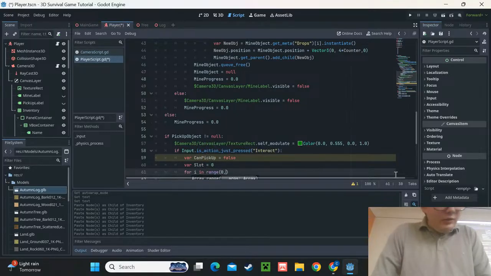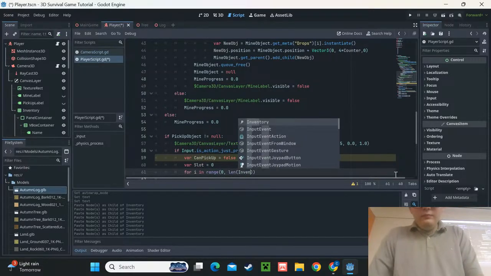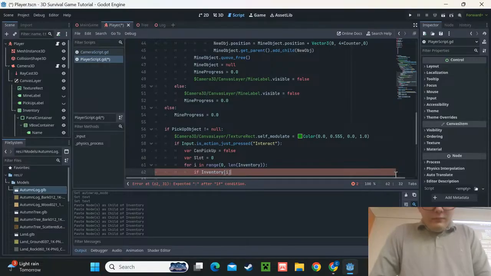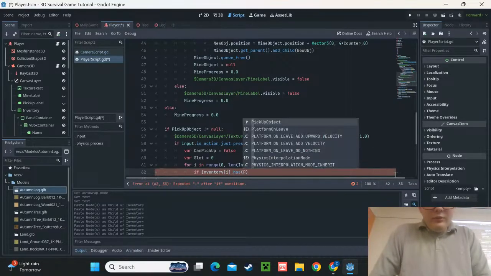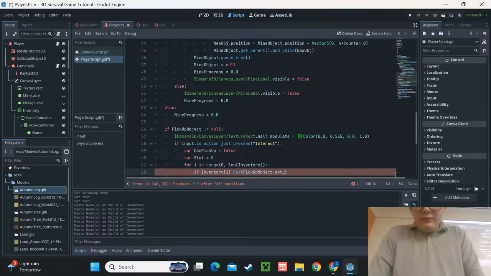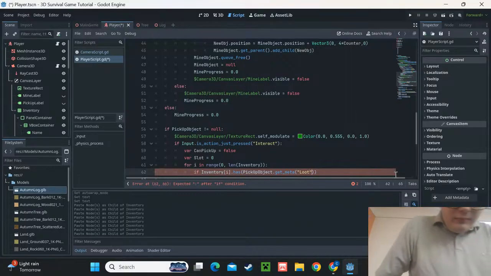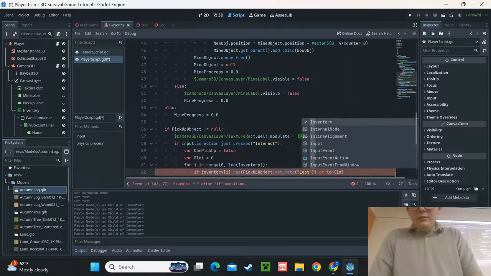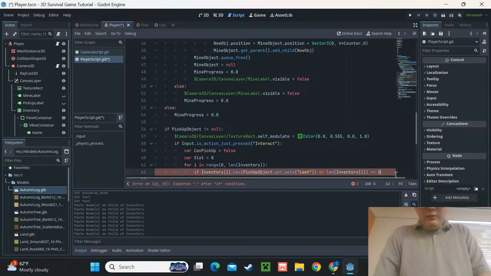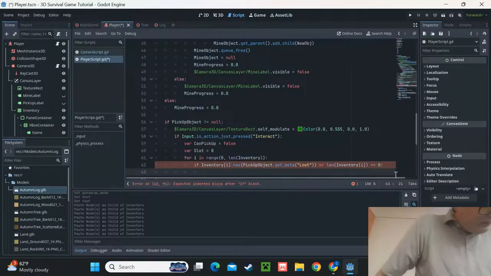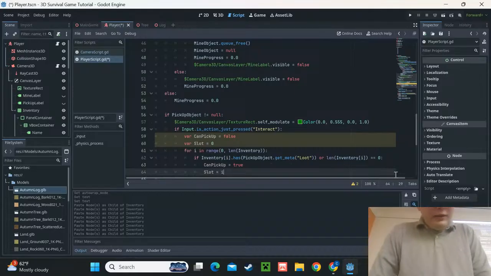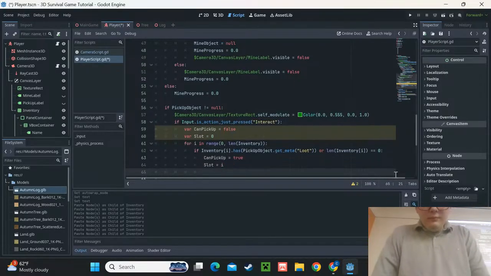For i in range 0 to the length of your inventory, then if inventory at i has pickup object dot get meta loot, or inventory i equals 0, and can pick up equal true, slot equal i, and we're going to break,